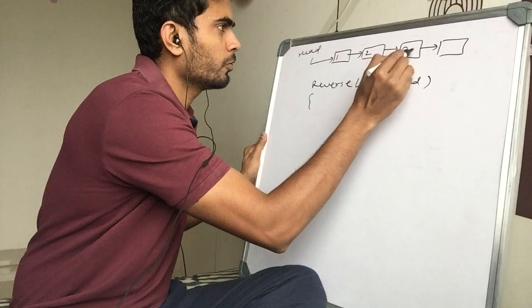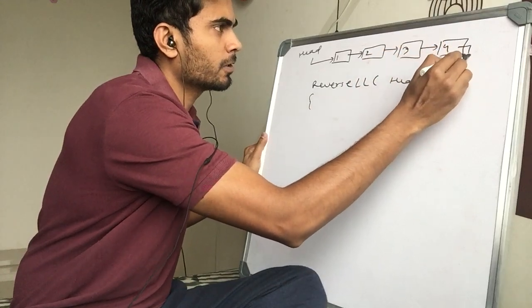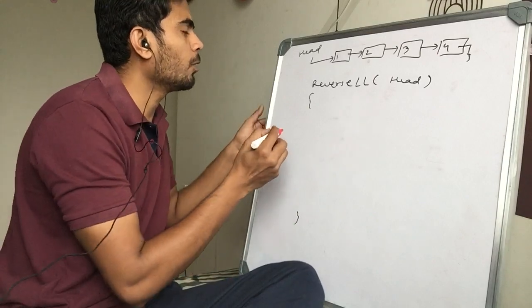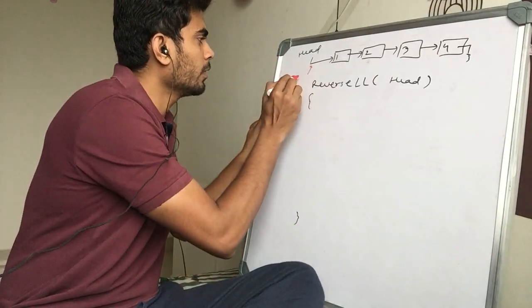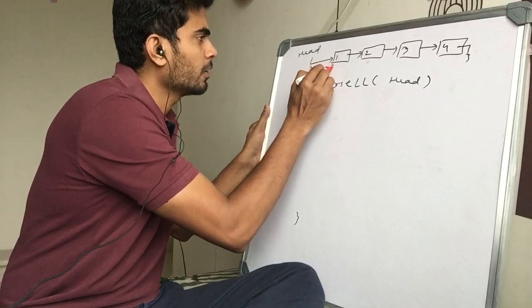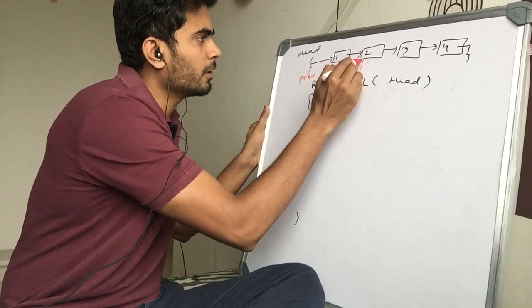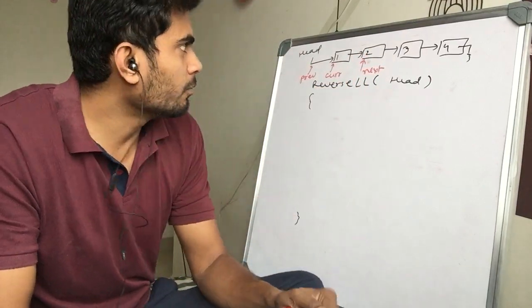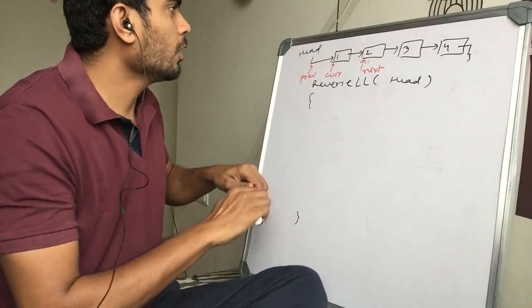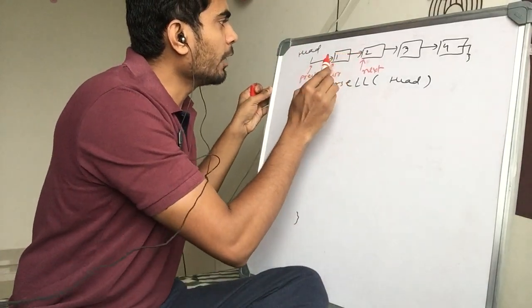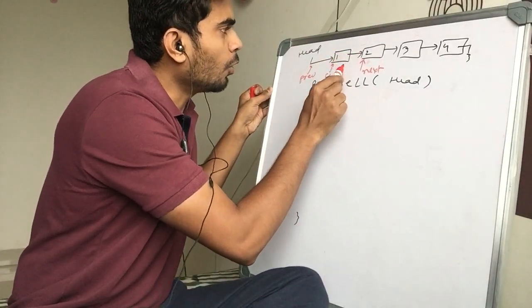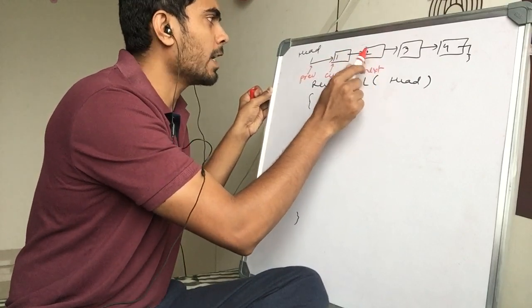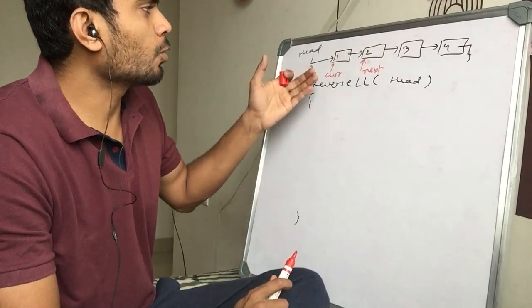1, 2, 3, 4, and this is null. And what I want to do is have 3 pointers: one is previous, this is current, and this will be the next pointer. Why? Because once we break a link, first of all, to change the direction of this link, I need control over both these nodes, because this should point to this. So I want control over these 2 pointers.